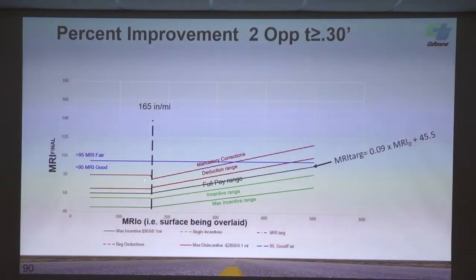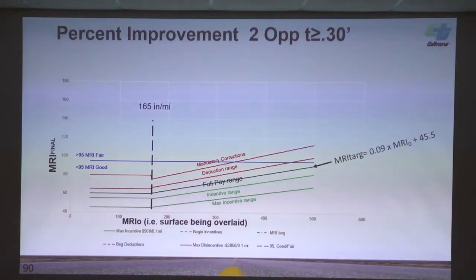So now these specs, there's kind of a step in there, and that's how our specs work right now. This might be an administrative issue, but our mandatory correction level, when it's less than 165, is 80. When we calculate our target using these 2 ops, we end up with 60 at 165, but then we add 25%, and we don't get all the way to 80. We get to a little bit less than 80, so you might have to fix that in our NSSP.